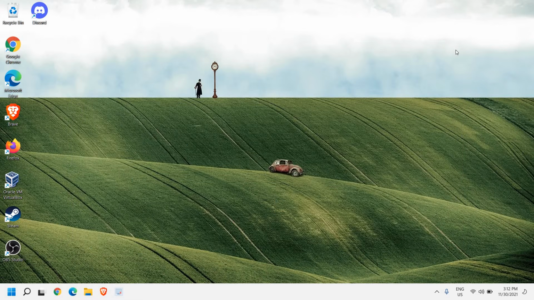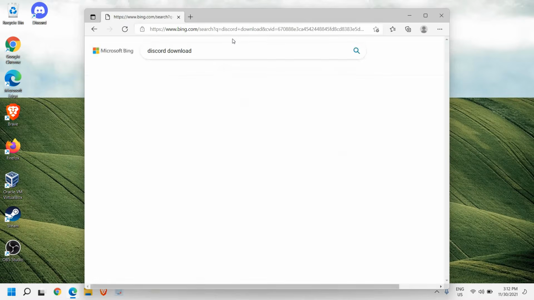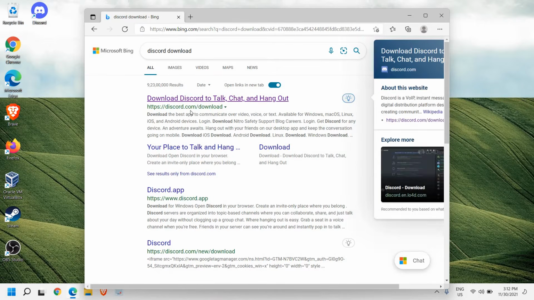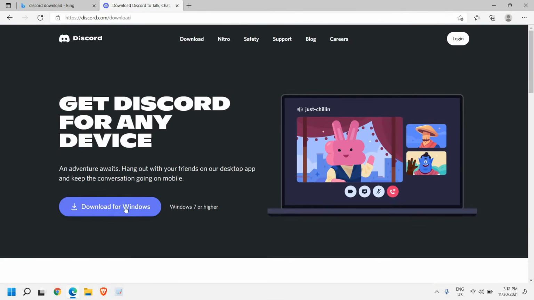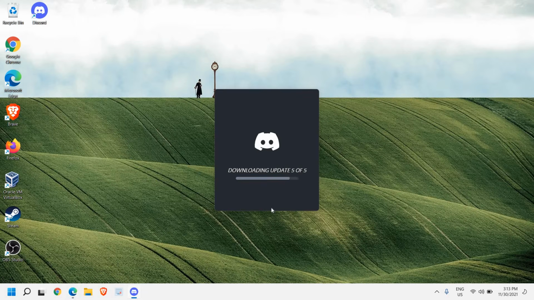It is very important to restart the computer, and once it is turned on, then open your favorite browser and type Discord download. You will see discord.com/download. So please make sure you visit the same website and a new window will appear like this. We just need to click on download for Windows and a very small setup file of 79 MB will be downloaded. We just need to click on open file and I can see it's downloading the updates and it's getting